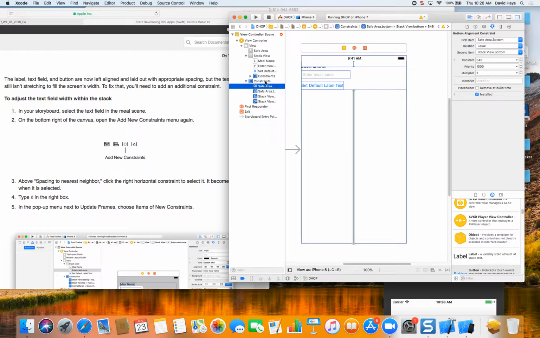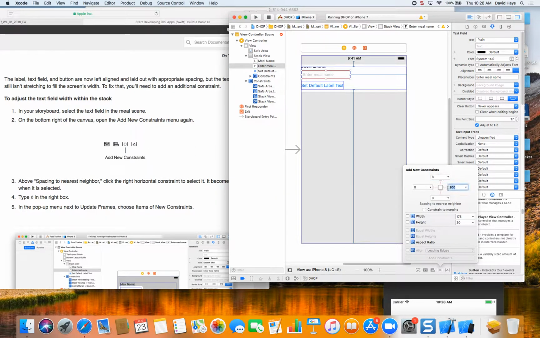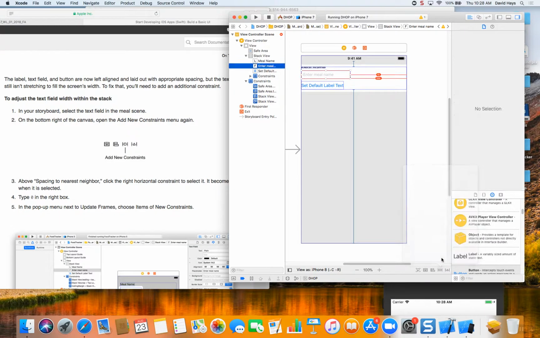So if I'm back here and I choose the inner meal right here, when you grab this and resize it, it resizes just relative to the screen position. When you add a constraint, it's how far it is from the right-hand side. So if I come here and do add new constraint, and if I put 10, for example, and then choose add one constraint,